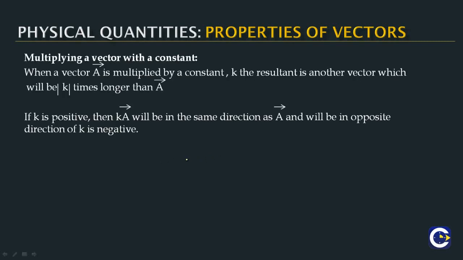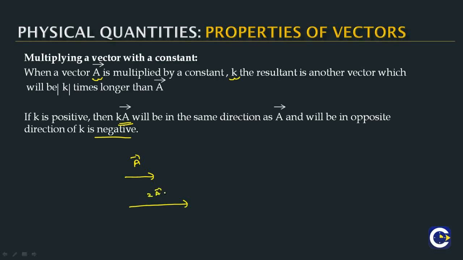The other property is multiplying a vector with a constant. Let us say, for example, we have a vector a bar and we are trying to multiply the vector with a constant k. Remember guys, k can be positive, k can be negative, k can even be 0. If you multiply the vector with a constant k, then if k is positive, the resultant vector will be in the same direction as the initial vector a bar, and if k is negative, the resultant will be in the opposite direction. Let us say k value is equal to 2,